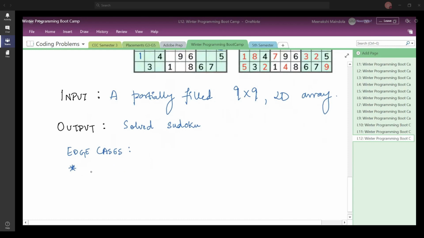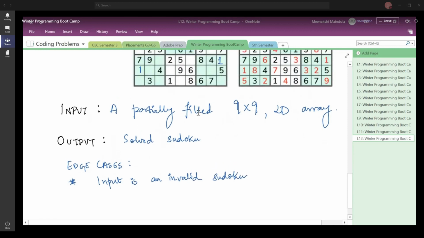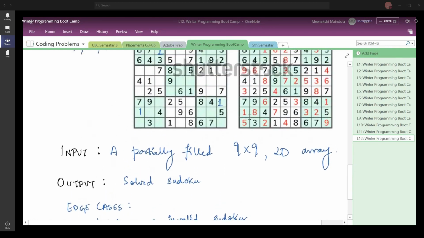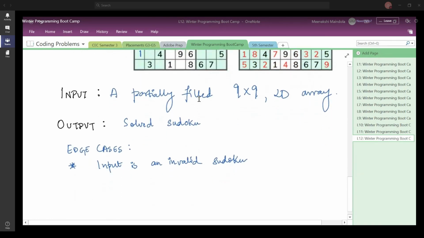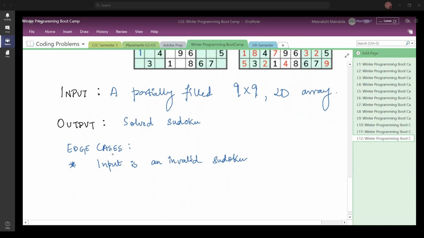So the first case here can be that the input is an invalid Sudoku. For all of those who do not know about Sudoku much, it is possible that the Sudoku is not valid. Not all Sudokus have a solution. So in that case, we are going to consider that as an edge case.